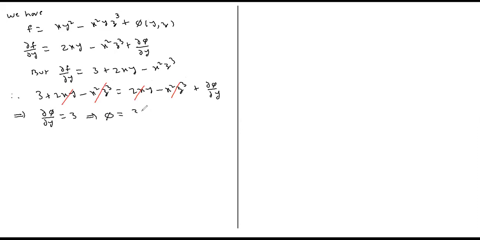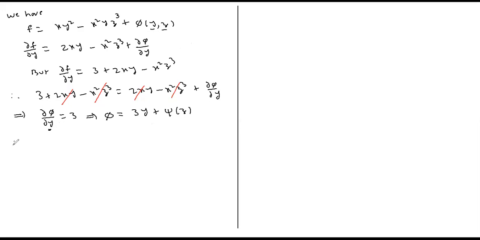Okay. So when dou phi by dou y equals 3, then what could be phi? 3y plus a function of z, some function of z, because phi already contains only two variables, y and z. X is not at all there. X is ruled out. Is it okay? So if at all there is another variable, that variable has to be z, because you are differentiating with respect to y here. That means the other variable z has to be treated as constant.